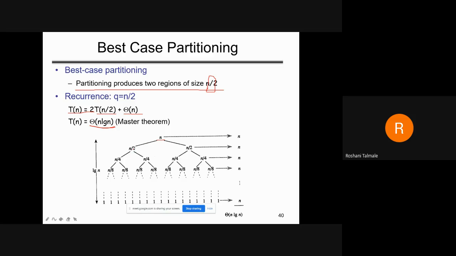Initially, it is n. Then we make it n by 2, n by 2, n by 4, n by 8. Finally, only a single element is left. So it is in exponential format, and that's why the complexity of this is n log n. We don't know how many iterations we require, so we take n as the number of iterations. And this is the logarithm, n log n, because this procedure is required to compute the complete problem. That's why it is n log n.